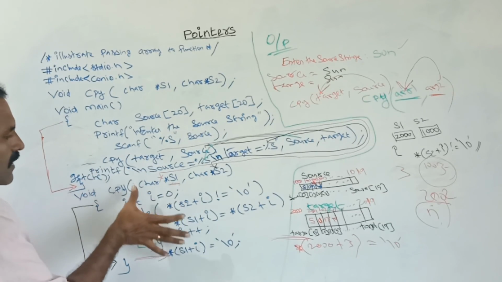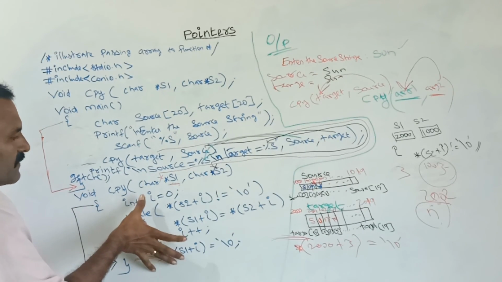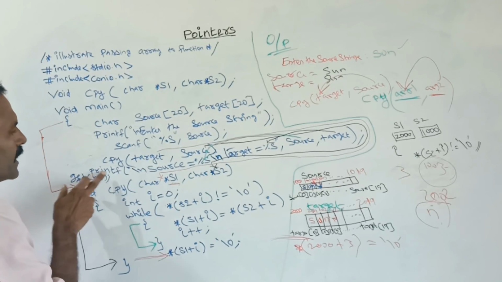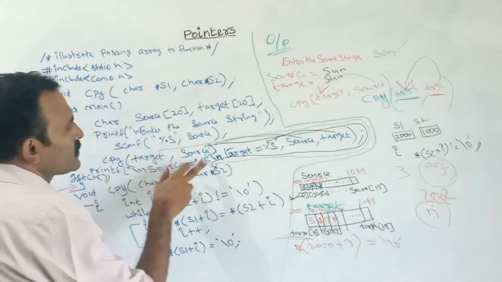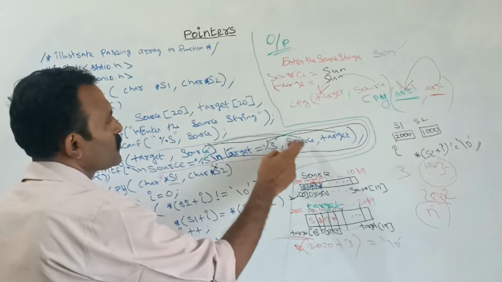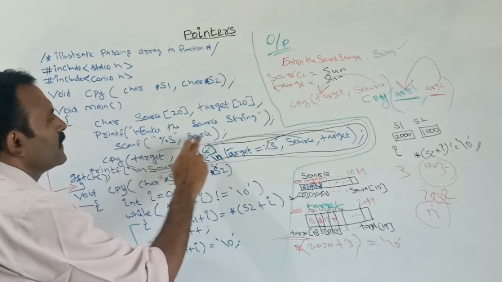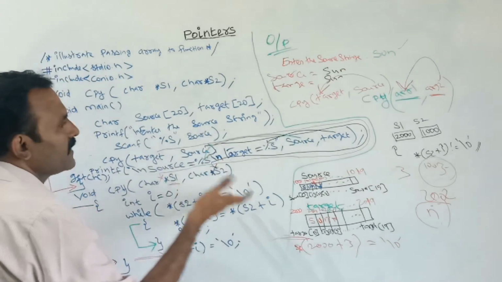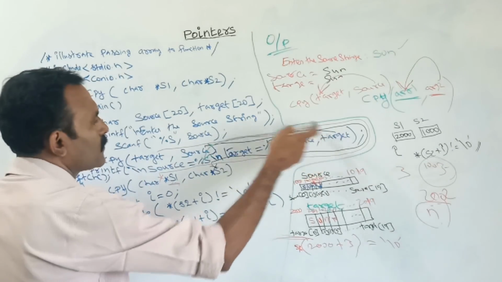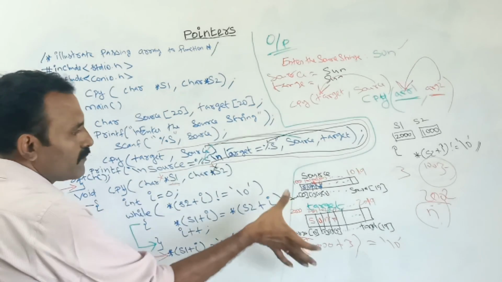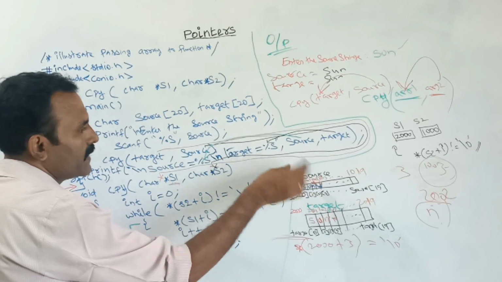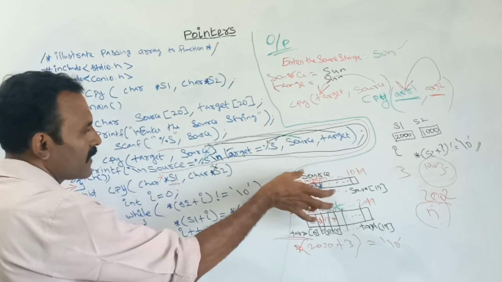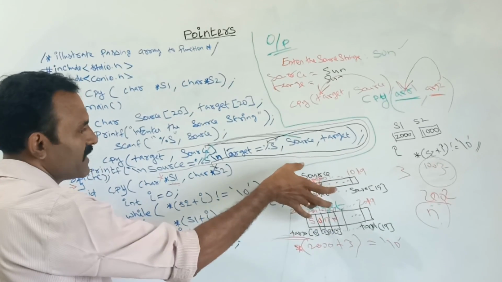After completing this function, it returns back to where the function was called. Next, I am telling it to print the source, that is, the source string I had entered will print here, that is sun. Next, after that, target is equal to this target string. By using this function I had copied letter by letter, that is, character by character, to the target. So the target also will have the same string which we had in the source.